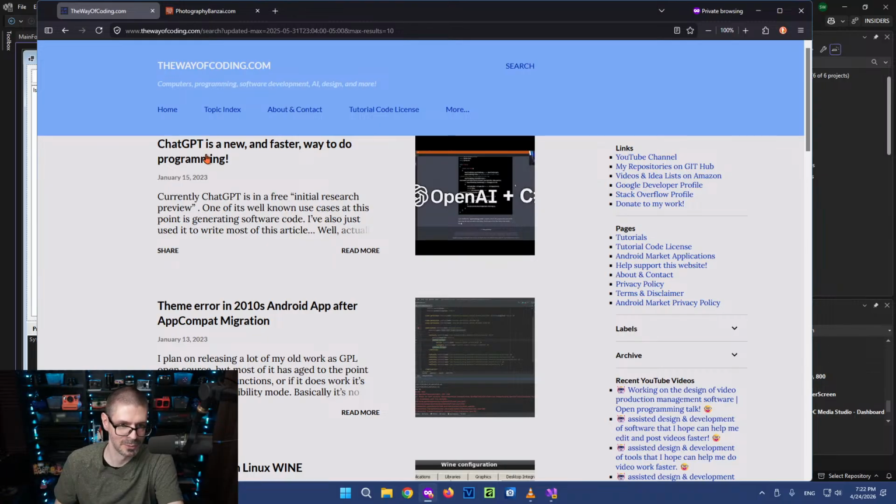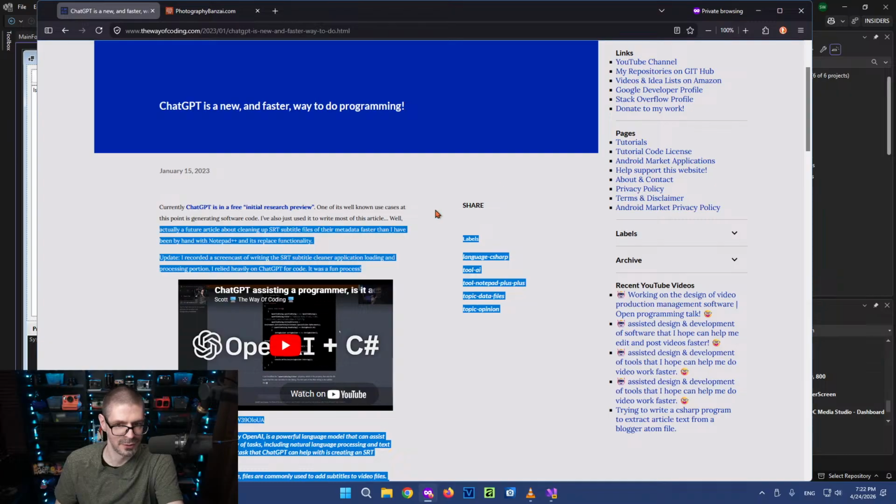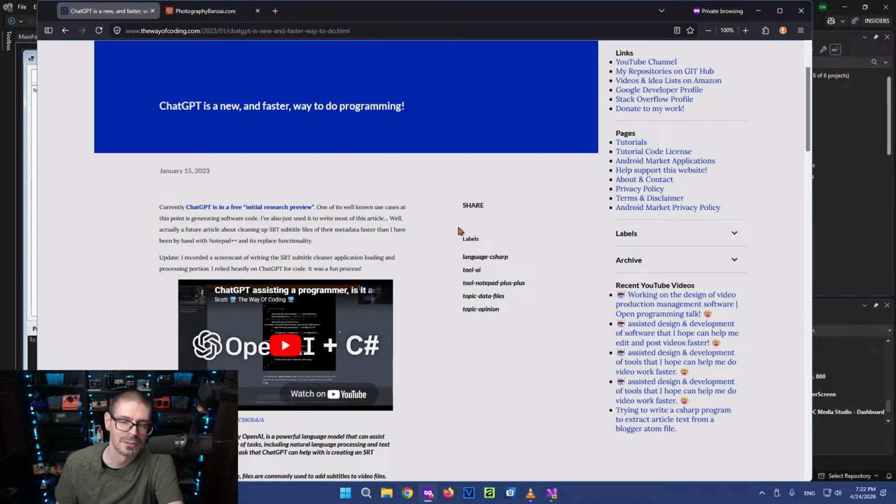For example, if I go in here, you can see these labels that define properties about this article. So this article's about language: C#, tool: Notepad++, topic: data files, topic: opinion. Those are pretty well structured. It was much worse before.